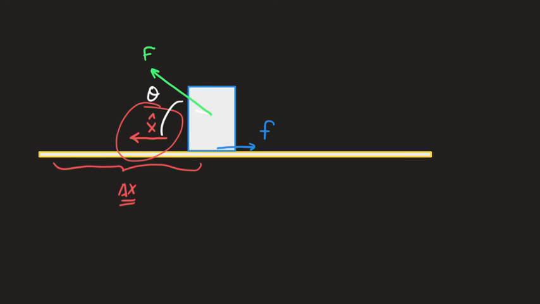And which component do we want? We want the component that is adjacent to that angle, because that's along the direction of x. So it is true that if you have F dot dx, one way to find the dot product is to know the angle between the two vectors and compute the cosine. Now, I'm trying to say that clearly